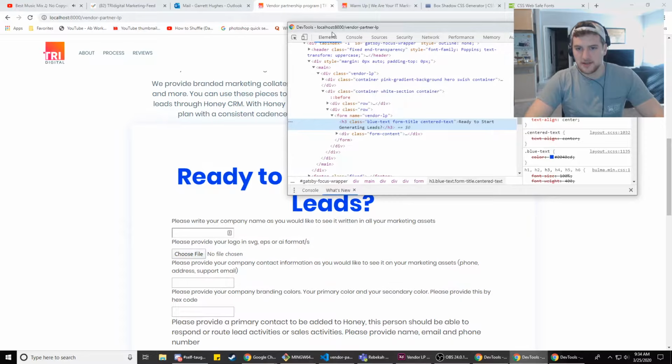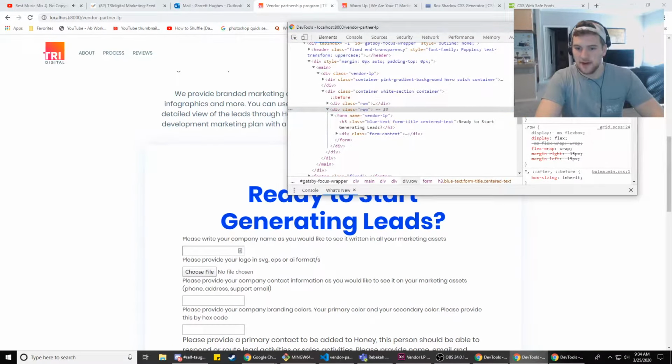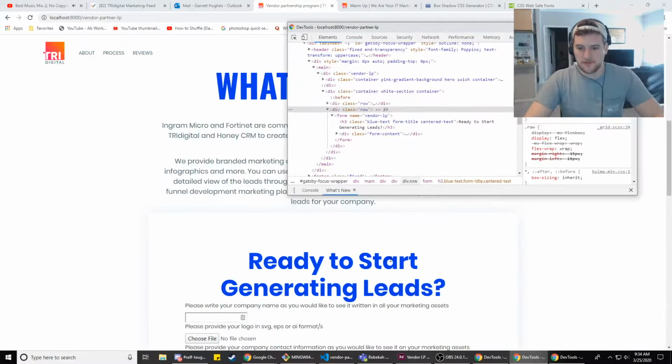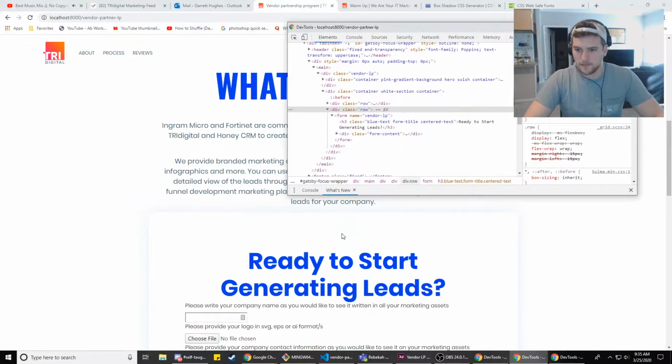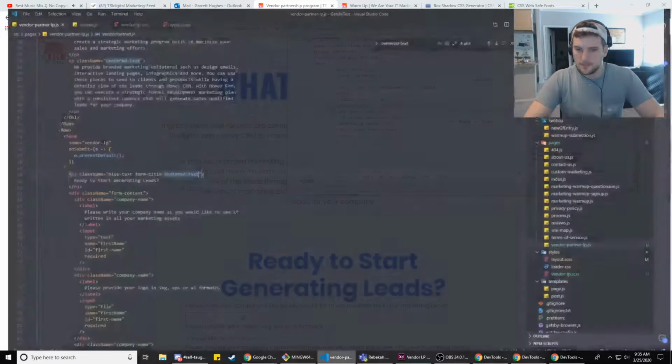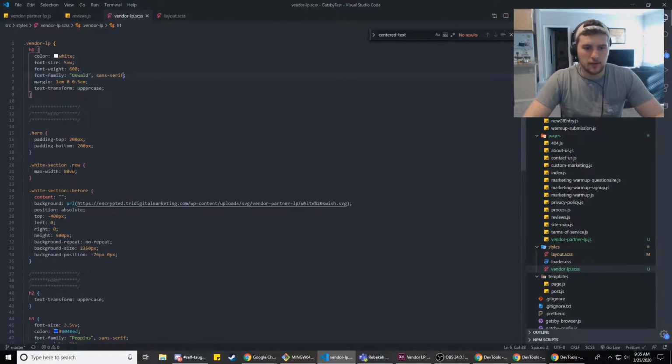We need to inspect it like that. So I'm just gonna make this 75. Yeah, I think that works better, because then everything splits like it's supposed to. Yeah, so here we're gonna go up to that, and we're gonna make that 75.